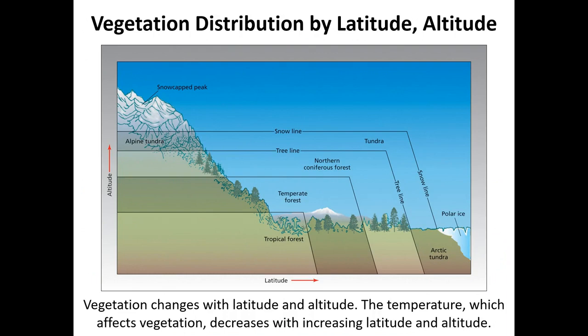This particular mountain is a diagram of Mount Chimborazo, which is on the equator in Ecuador. And a famous geographer, Alexander von Humboldt, climbed to the top of this mountain and took detailed notes. And he noticed that as he went up in elevation, it was very similar to if he were to go north in latitude. So above a certain line of elevation, there were temperate forests like you'd have at latitudes above 30 degrees. You went further up the mountain, you'd have northern coniferous forests, which are very similar to as you get about 45 degrees